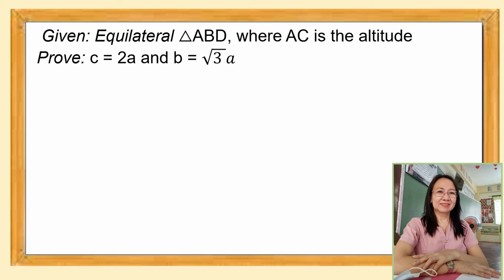And we have to prove that C is equal to 2A and B is equal to the square root of 3 times A. Let us draw our equilateral triangle A, B, D. Then since this is equilateral, they are also equiangular. So the measure of angle D